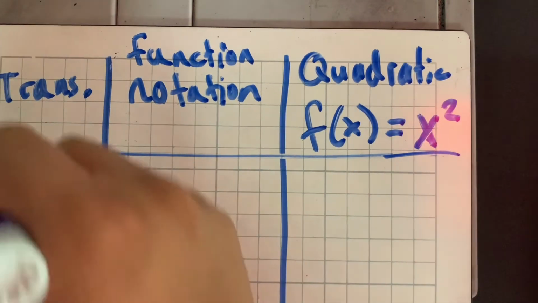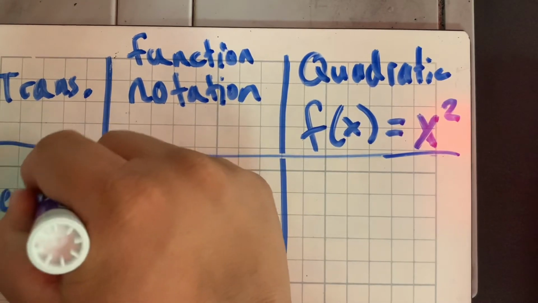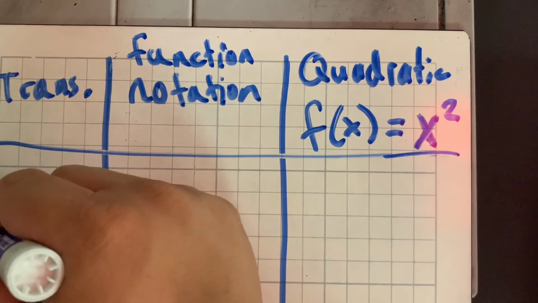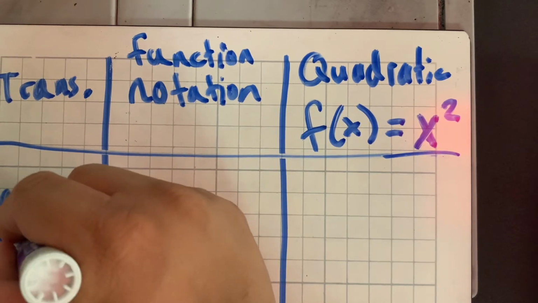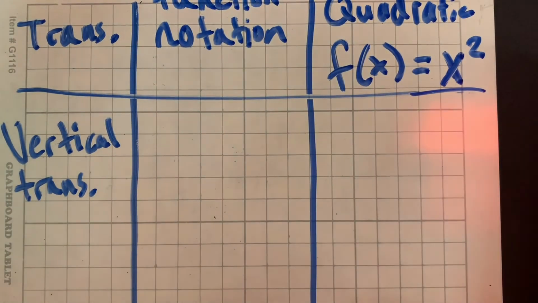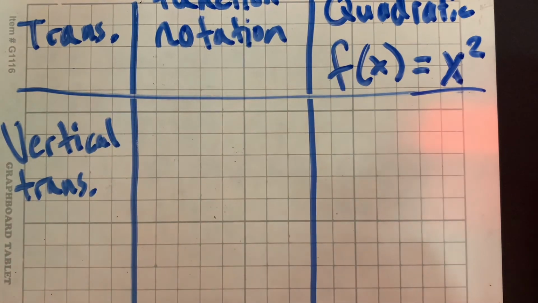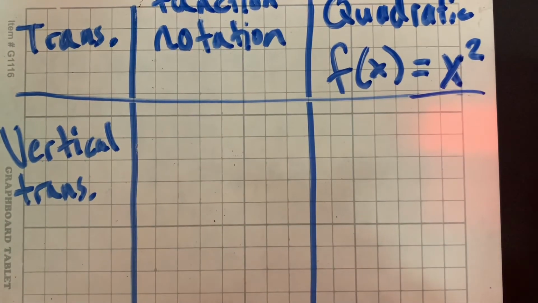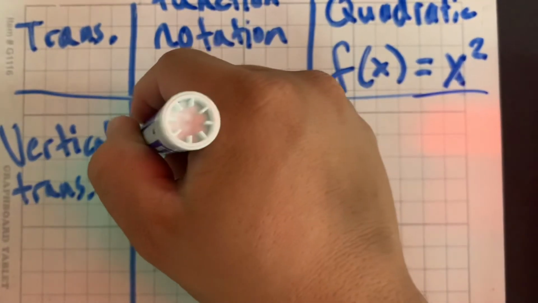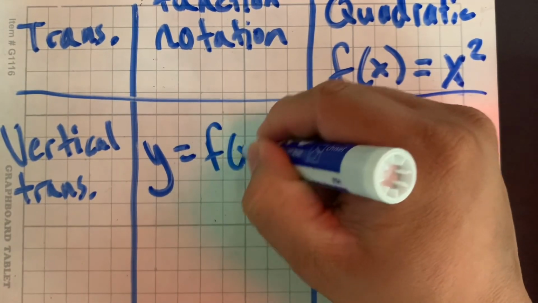So the first one we're going to start with is our vertical translation. Sorry for not writing it down. You should already have these two columns in your notes, but I'm going to go ahead and go over it again. Your function notation for this is y equals f of x